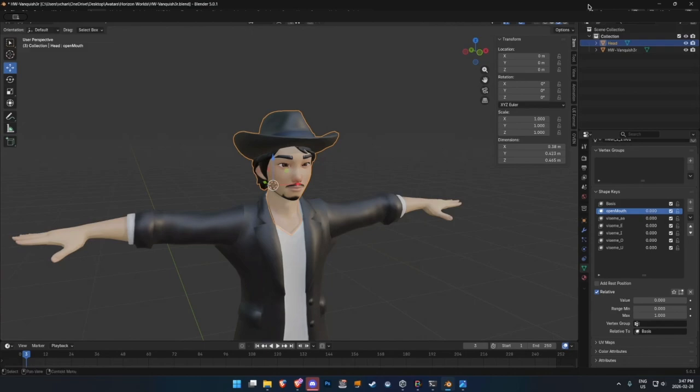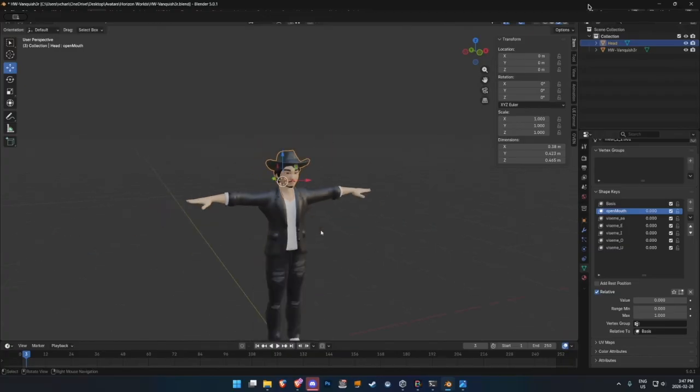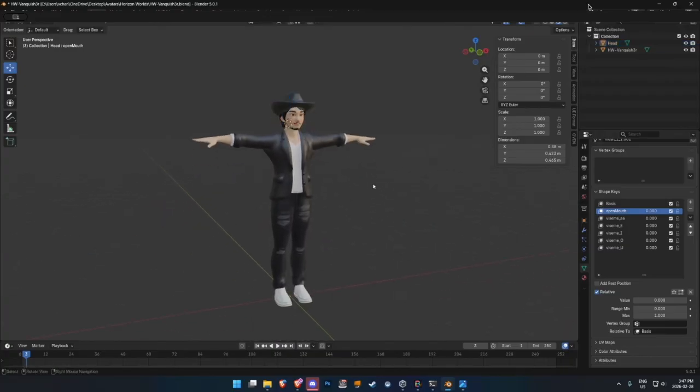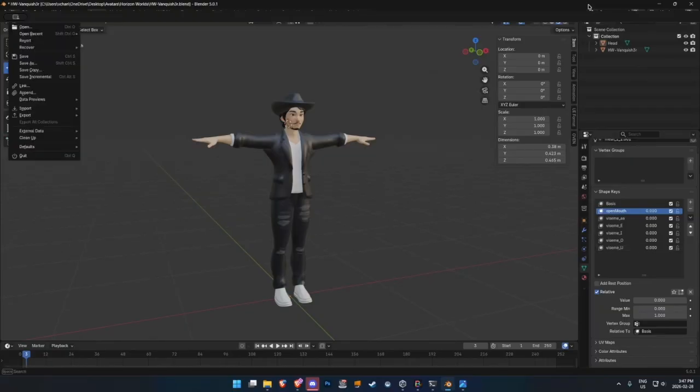So we do have our head ready. We have our body and the mouth. And next step, we will rig it. So first thing first, make sure everything is set back to 0. And I would export this into an FBX. So I go to File,